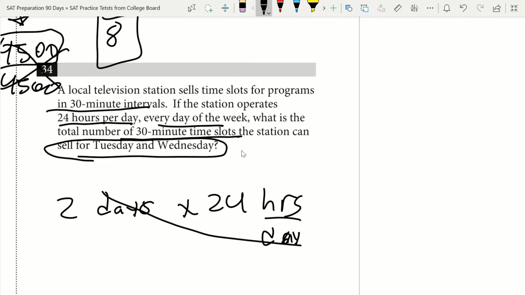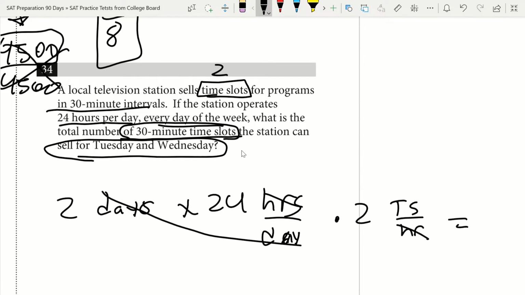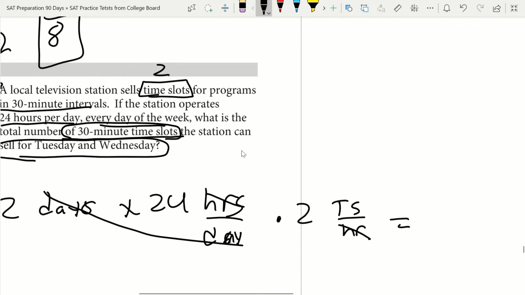I know that I have 30-minute intervals is what each advertising time slot can be. I know 30 minutes is 1/2 of an hour. Okay, so I've got 1/2 of an hour is what each 30-minute interval is. And if I have one time slot per every half hour, that means I have 2 time slots per every hour, right? So now I've got to multiply that by 2 time slots, which I'll call TS per hour. So now my hours cancel, and I'm left with the number of time slots that that station can have for Tuesday and Wednesday. So 2 times 24 is 48, times 2 again, that's going to be 96 as my total